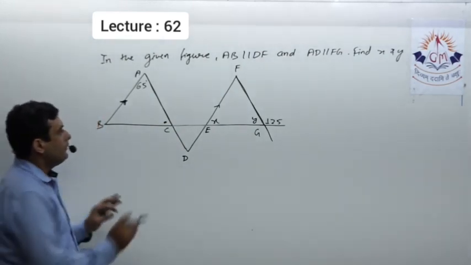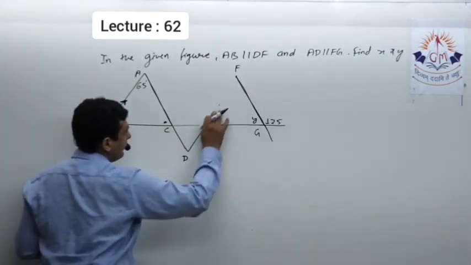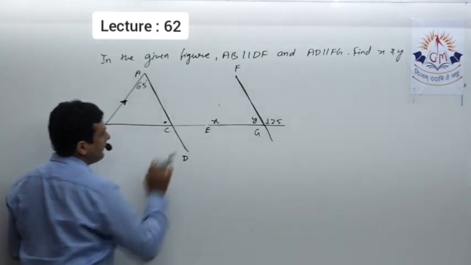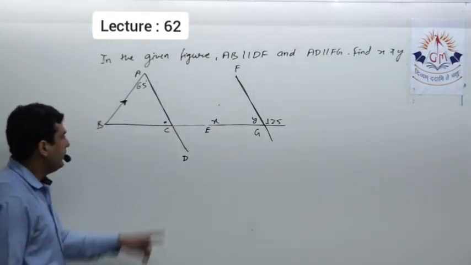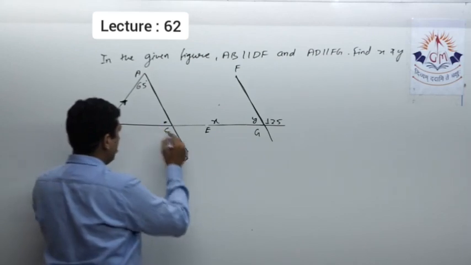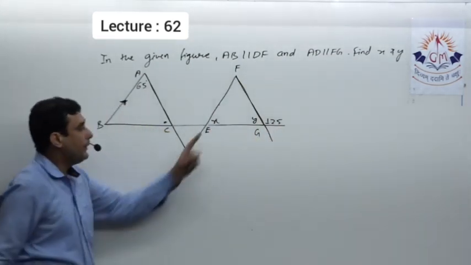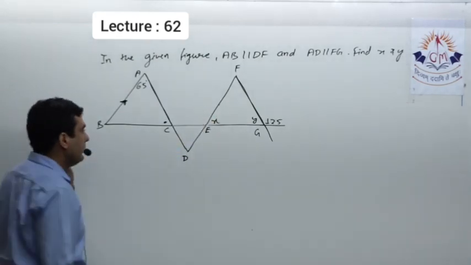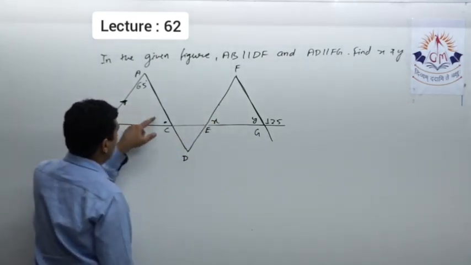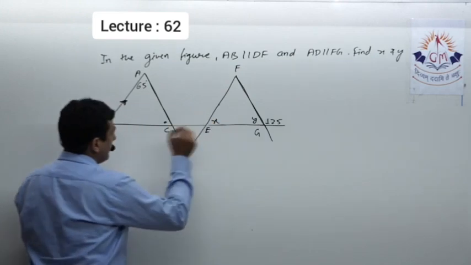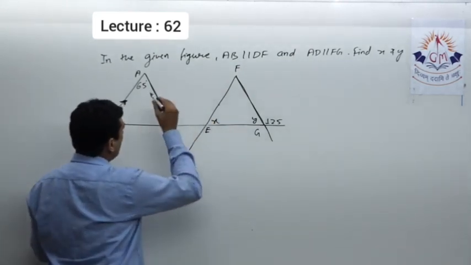See, for a while if I remove this line, simply we can say these are the corresponding angles. So Y will be equal to this angle ACB, and we obtained Y already. That means by linear pair we'll be able to get this. Now this is 65. Now we have to think about how to get the measure of angle x.